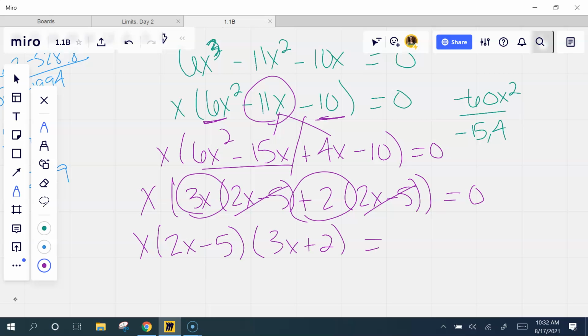So that's all well and good, but what good does it do me here? How does it help me to solve? I can set them all equal to 0 because no matter how many pieces I have multiplying together, if they equal 0 when they multiply, then any one of them equaling 0 would satisfy the equation. So